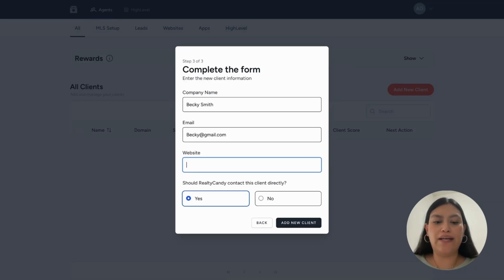So let's go ahead and do realtycandy.com right here. This is a very important question. Should Realty Candy contact this client directly, yes or no? So any type of email or notification that we as Realty Candy need to make to the client, if you choose yes, then we will send those emails directly to the client, like a welcome email or a follow-up message for the MLS approval. Or if you select no, then anything that has to do with this account for Becky